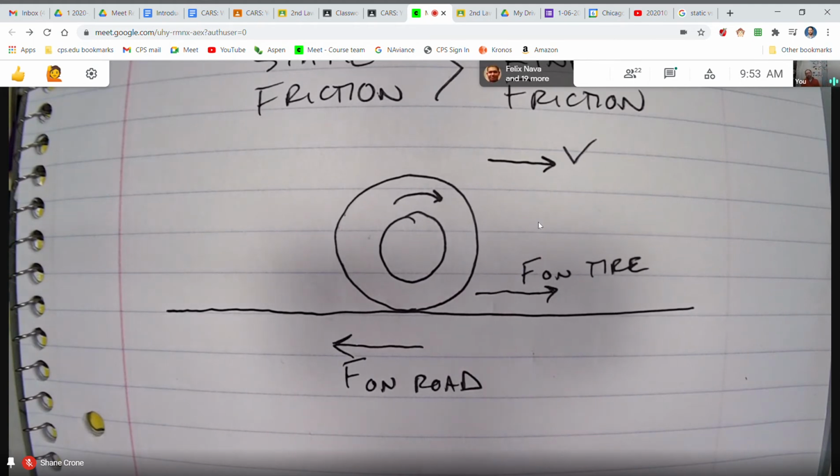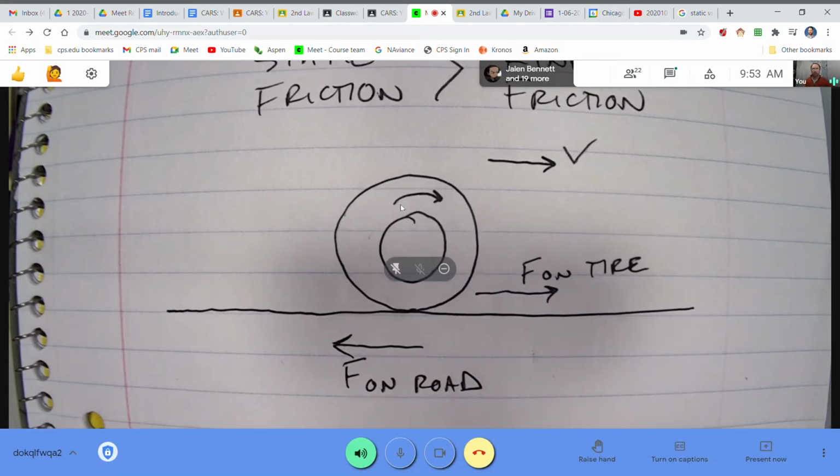Okay, guys, are you ready for the big answer, the big reveal? You can, in your own mind, just self-assess. Did you get this one correct or not? The answer is static. I know that because the tire is moving, it feels like it must be kinetic. But look, I'm going to switch my camera for just a second so I can demonstrate it a little bit better.